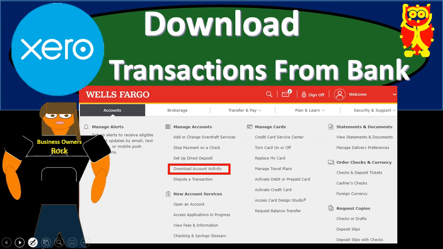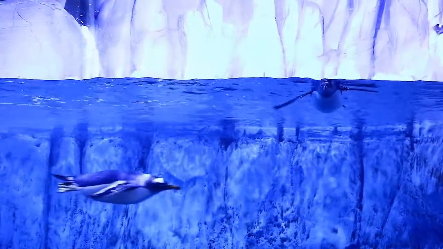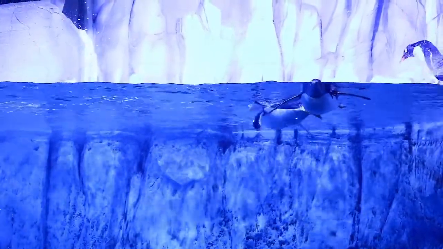In this presentation, we will discuss the process of downloading transactions, downloading bank feed type transactions that you can then import into the accounting software, into Xero. Here we go with Xero. We're imagining